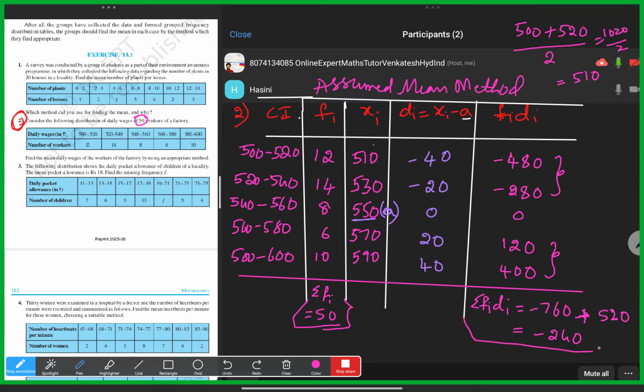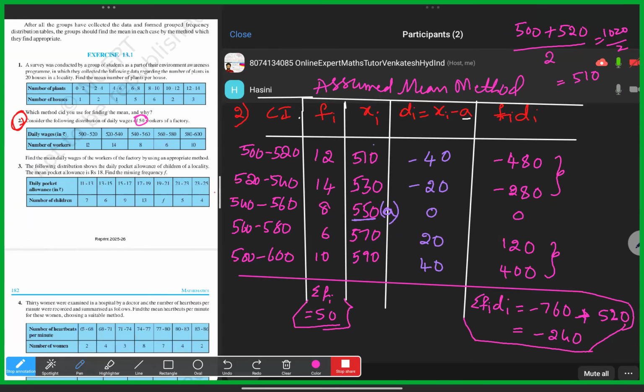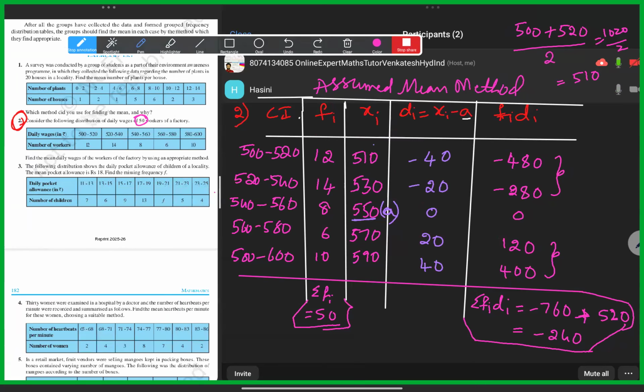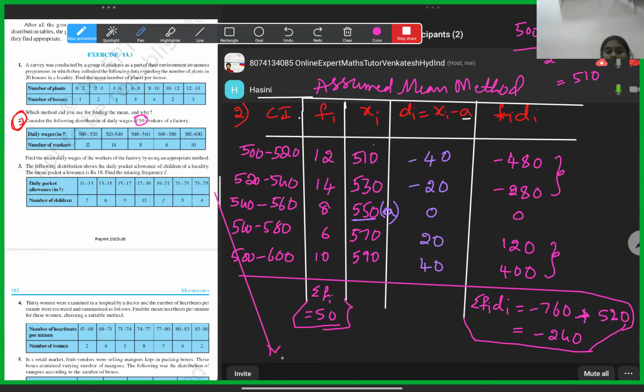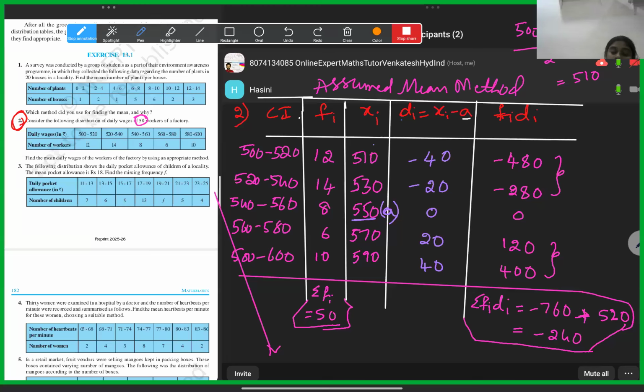I think we still didn't discuss the formula of the assumed mean method. I'll tell it now. In the assumed mean method, the formula is given as follows. Shall I delete this column? Or else I'll first write the formula and then ask. In the assumed mean method, the mean is given as